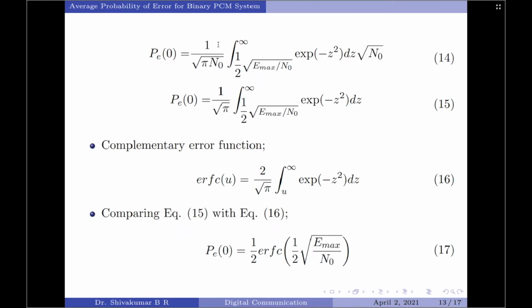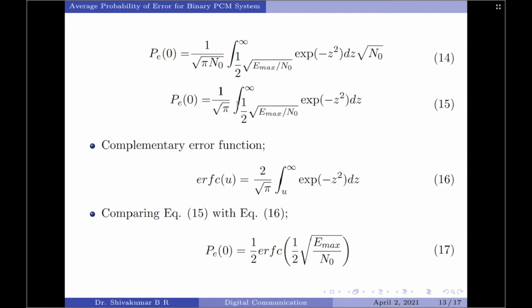Here you can see we have 1 by square root of n0 and then we have square root of n0 in the numerator. So let us cancel them out to get a new expression as Pe of 0 equals 1 by square root of pi, integral, limits as it is, exponential of minus z square into dz. Right. So this is where we are supposed to stop while deriving the probability of error equation, because now we don't have to simplify this expression any more, but rather we will compare it to one of the most important functions